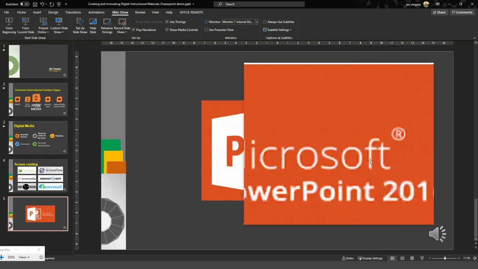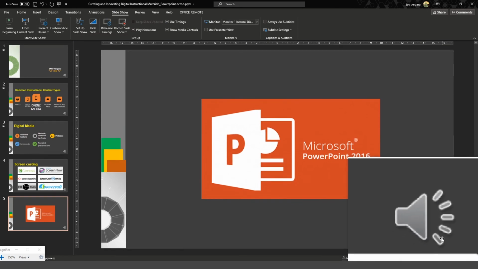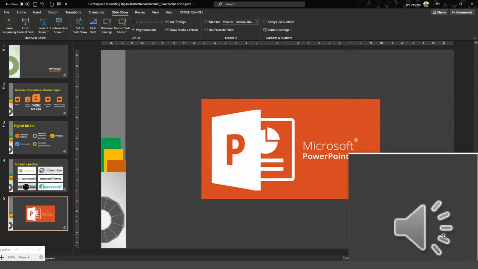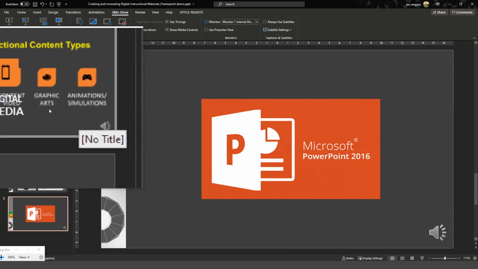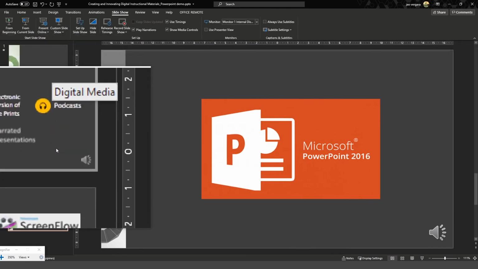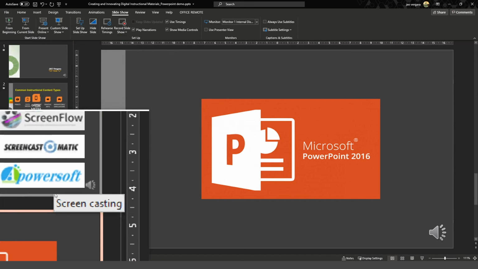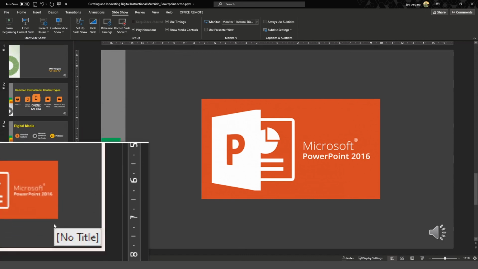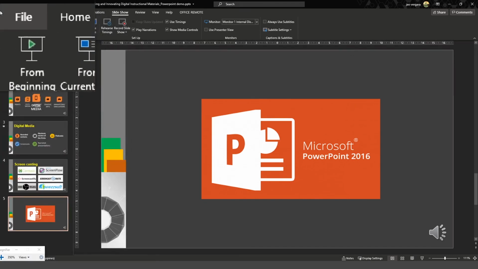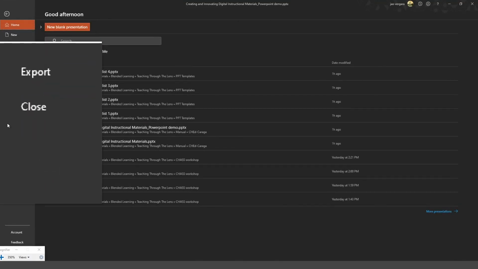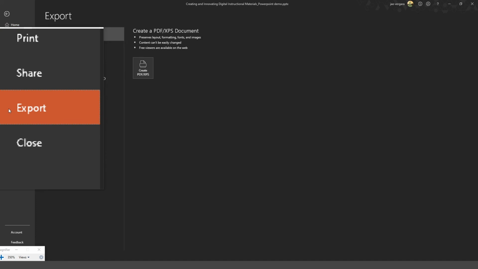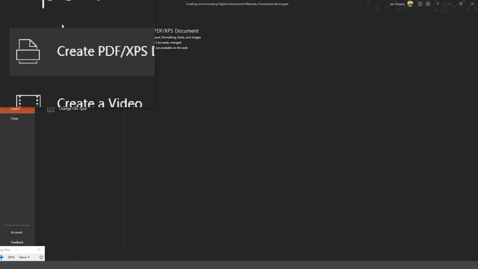Then you will see that in each of your slides, there is this icon. Since we chose not to include a video in our narration, we can only see an audio icon. And that is true to all of our slides. You can see it at the right bottom corner. And the same process as we did with the previous screencasting feature, we can now render our video, or we can produce or export this PowerPoint presentation into a